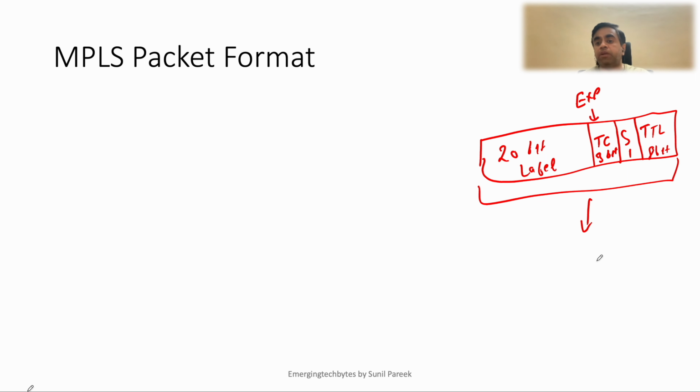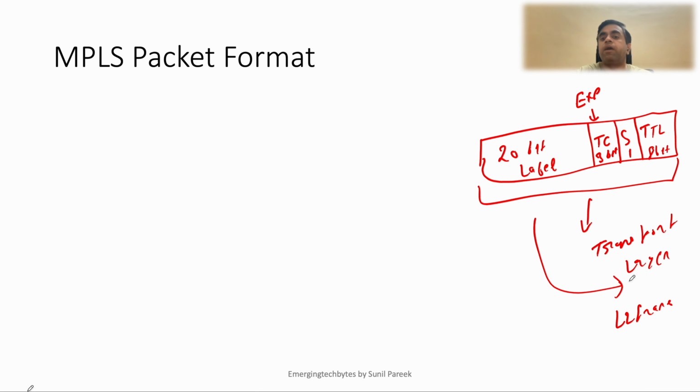that gets inserted between the transport layer and your layer 2 frame, right? So somewhere it comes, and then routers basically forward the packet based on this 20-bit field. Without getting into any of the complexity, there is just one important point that I want to highlight as a part of this.